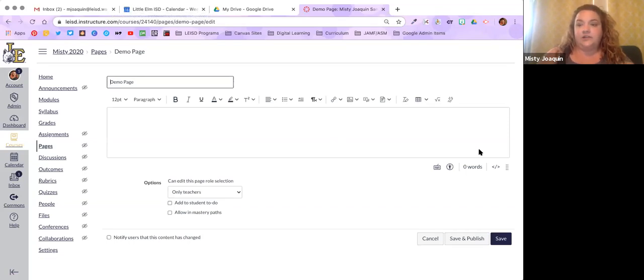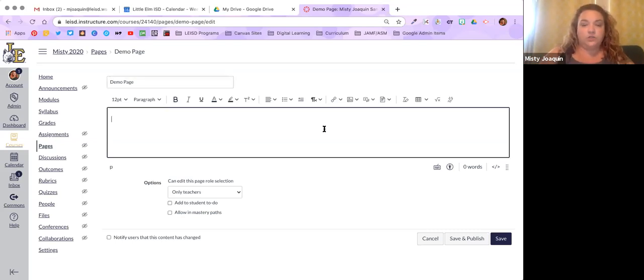This text editor is the same one that you will see whether you're creating a page, an assignment, a discussion, or an announcement. It always looks like this. This is the new content editor, okay? And it looks pretty similar to a Word document or a Google Doc. Nothing crazy or new here. The most basic thing you can do in a content page is just type into it. So you can type text,